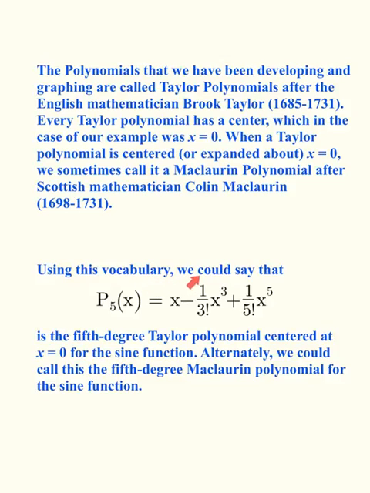Okay. Using this vocabulary, we could say that p sub 5 of x is equal to this. The 5 here indicates the degree of the polynomial. So this polynomial is the 5th degree Taylor polynomial centered at x equals 0 for the sine function. Alternately, we could call this the 5th degree Maclaurin polynomial for the sine function. And we can call it the Maclaurin polynomial because it is centered at x equals 0. One thing I want to mention,